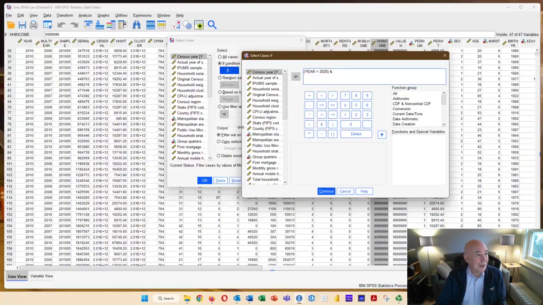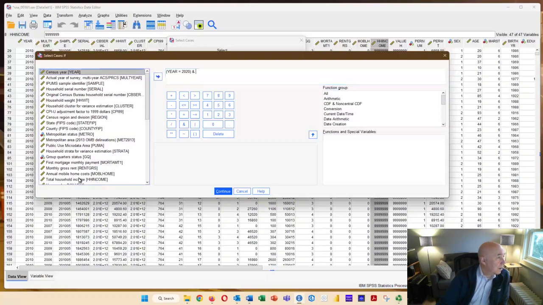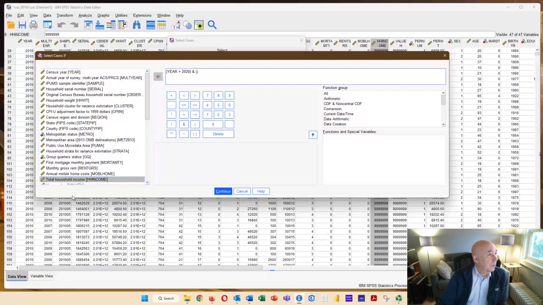And what I want is household income, and I'm going to put that in parentheses. Household income is greater than 0